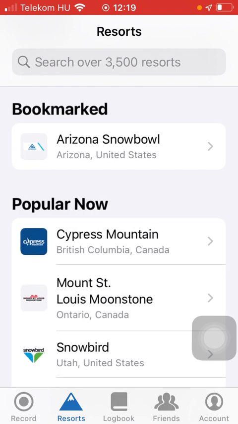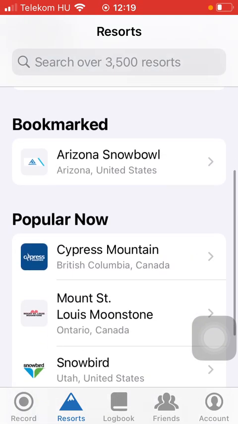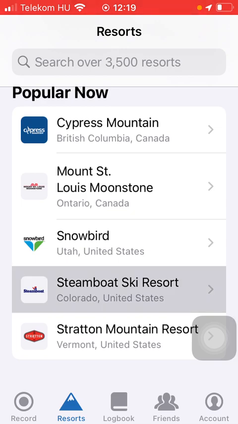After that, you should select a location either from the map or type it into the search bar at the top. But if you scroll down, you can also choose from the bookmarked section, meaning that these are the items that you have added to this section by yourself, and you can also select one from the popular now